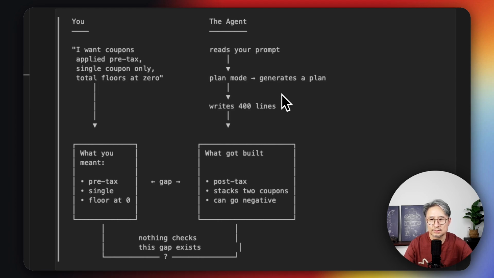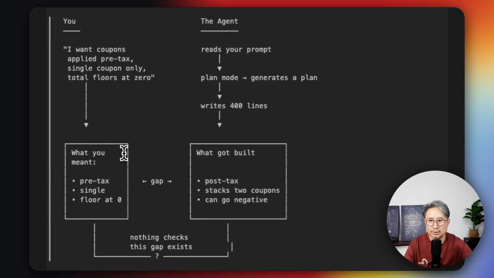None of these tools check whether what the agent built matches what you actually meant. So plan mode gives you a plan, but it doesn't confirm the plan was right. You can still end up with 400 lines of reasonable-looking code that solves a slightly different problem than the one you had. Here I'm not telling you to drop your rules files. I still use mine. This is about the places that setup runs into a wall, and a few small habits that take over from there.